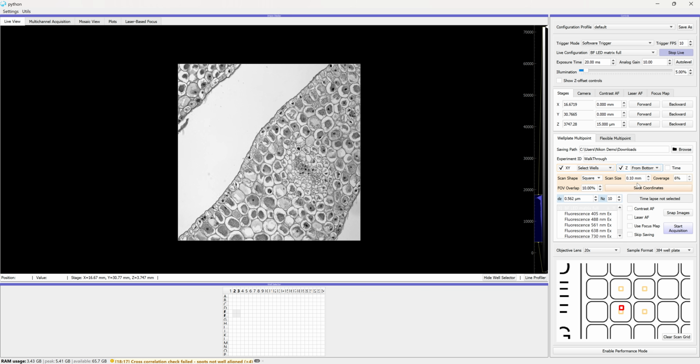each of these wells. In order to take multiple fields of view, we're going to change our scan size here. So we've chosen a scan shape of a square, but we're going to change our scan size to accomplish that 4x4 grid. So now we have a 4x4 grid that has a 10% overlap so that we can achieve good